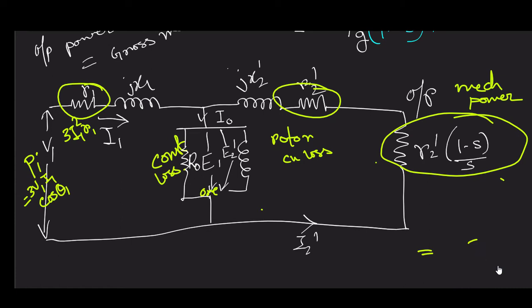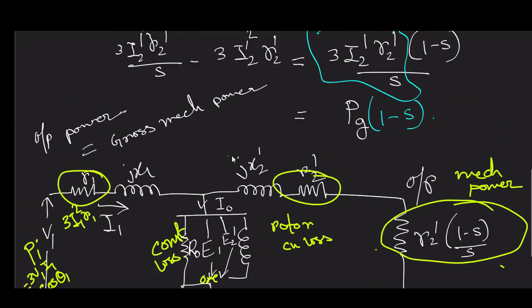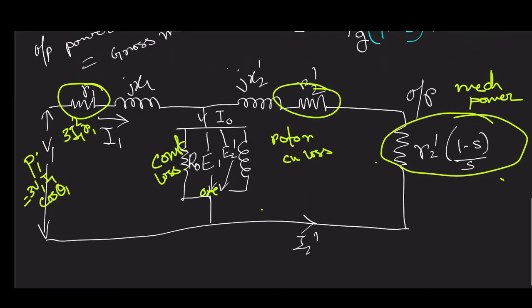That means net shaft power will be available to you here only. Now with this, what you can write is that your torque is equal to what? Torque is equal to shaft power by